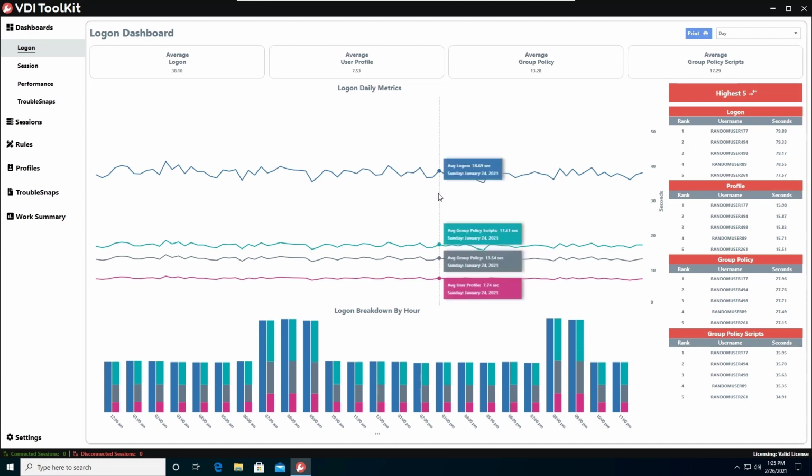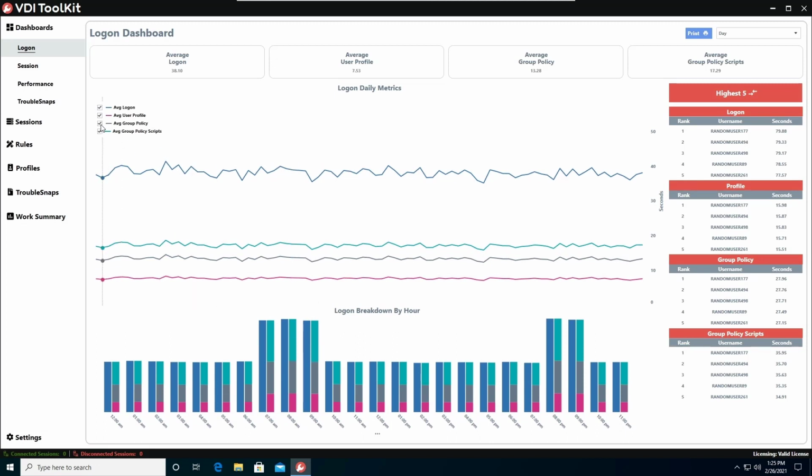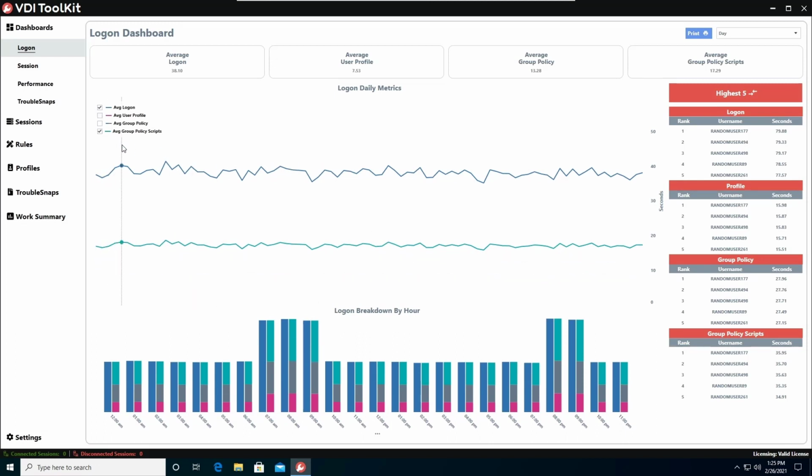Just to show you as well, you can navigate here to the ellipsis and add grid lines if you wanted, and you can also show a legend. From the legend, you could then uncheck items and that would remove the items from the graph. I'll go ahead and add those back